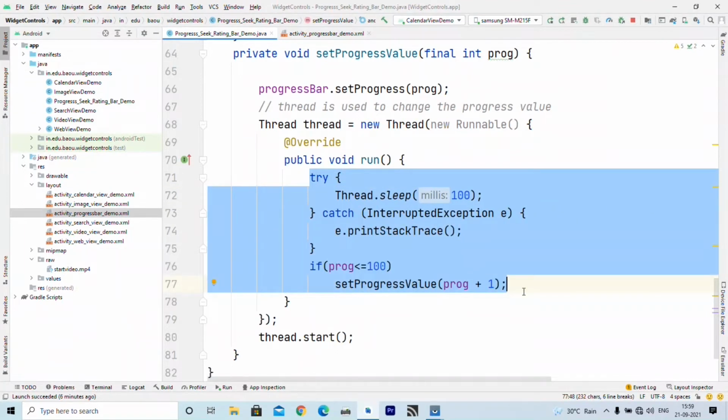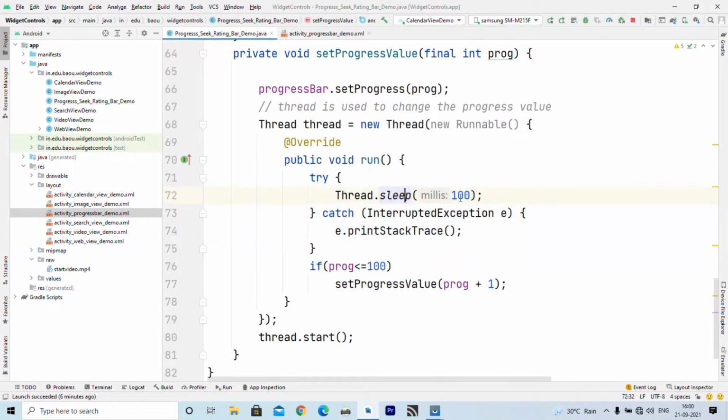So this highlighted portion that we write inside run method is the actual task we want to perform. So here I write thread dot sleep. Now this 100 specifies milliseconds. So we want to stop execution for 100 milliseconds or 1/10 of a second, right? Now this sleep method may throw interrupted exception.